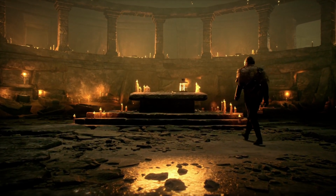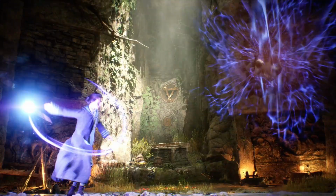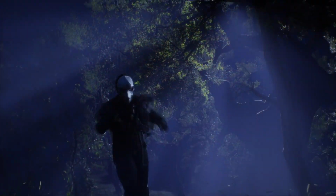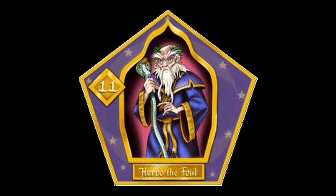Number 5. The villain. We had a quick look at the bad guy in the first trailer of Hogwarts Legacy, but that character looked more of a minion, or like a Death Eater rather than a major villain. And at this point, I'm not really sure who will be the villain in the game, or if we're even going to have one. Some people suggested it might be Herpo the Foul, but maybe our enemy is going to